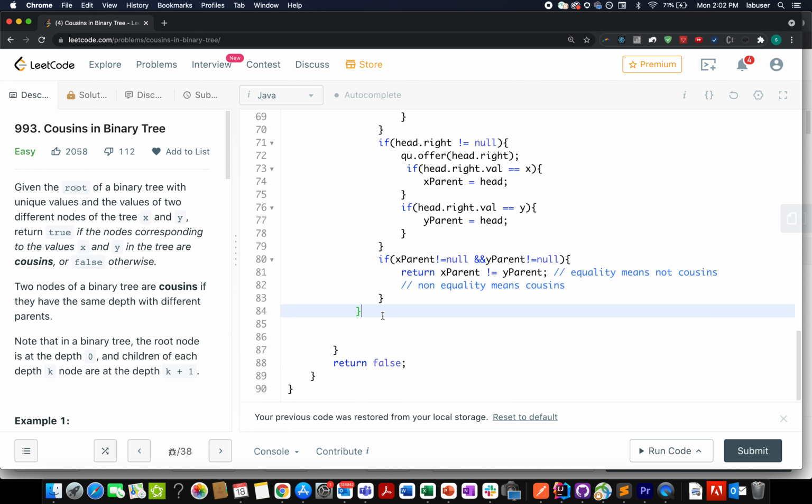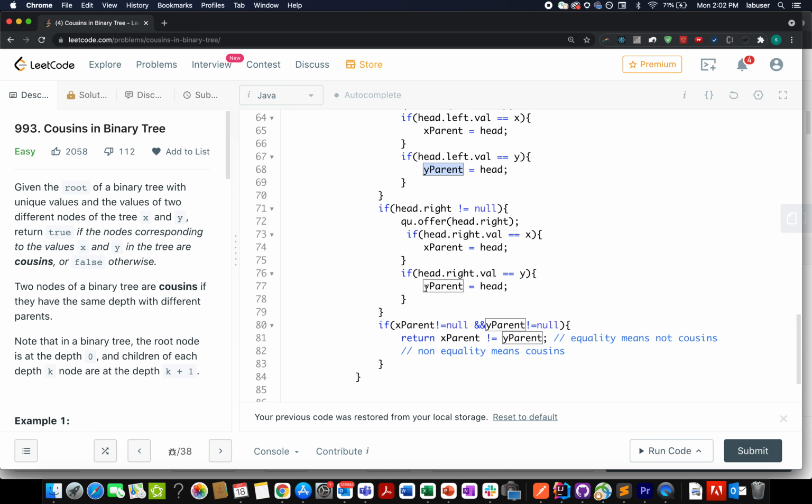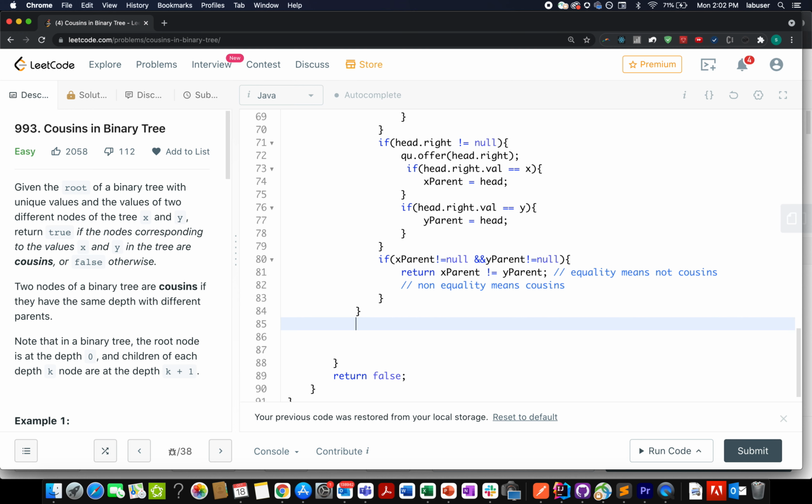Once I'm done with this, there could be a case that we filled in x parent but y parent is not filled in yet, and that simply signifies that there's a discrepancy between depths. So we need to take care of those cases as well.